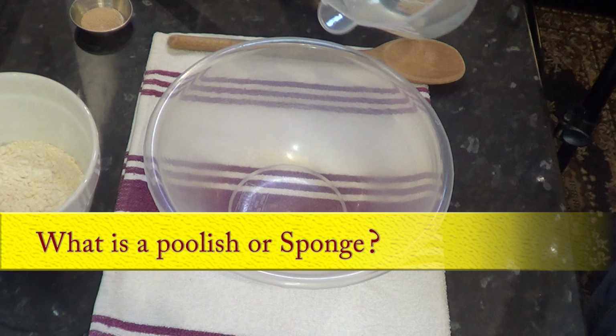Okay, a Poolish, sponge, biga, starter, whatever you want to call it. It's a pre-ferment, meaning setting away a mixture of flour, water and a tiny amount of yeast and letting it sit for a few hours before making the bread, usually in the fridge overnight. Using this method greatly improves the structure, texture and taste of the bread, and it also gives the bread a